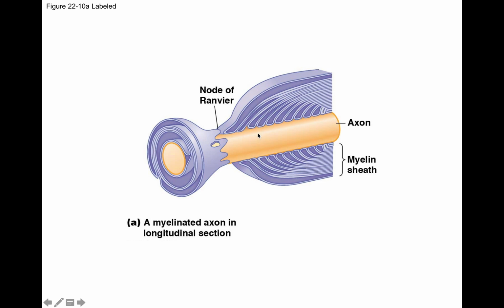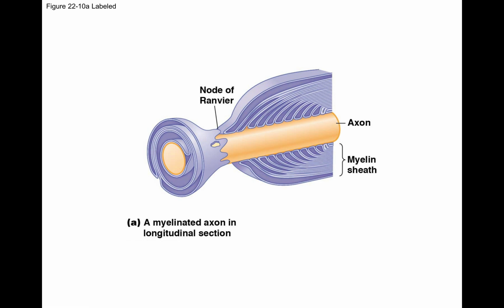So there is a separate cell that is different from the neuron called a Schwann cell. And these Schwann cells are essentially lots of membrane and not much else. They have organelles and all that sort of thing, but they really specialize in membrane. And that membrane wraps around a neuron axon over and over and over again, meaning many, many layers of membrane. And that membrane has lipid in it, and lipid is an excellent insulator.